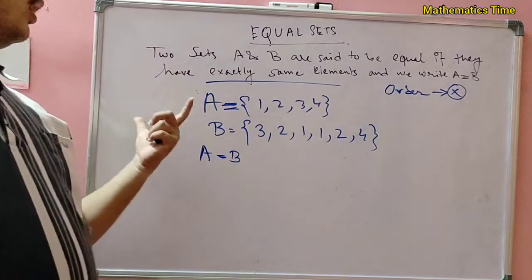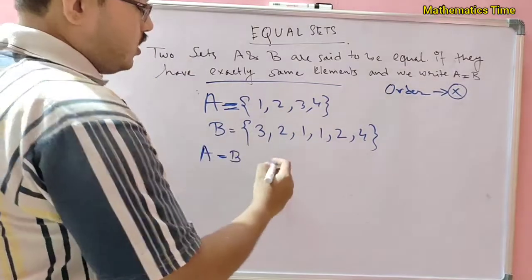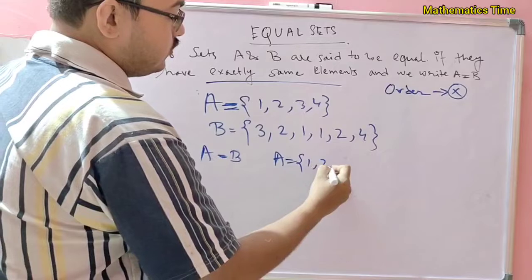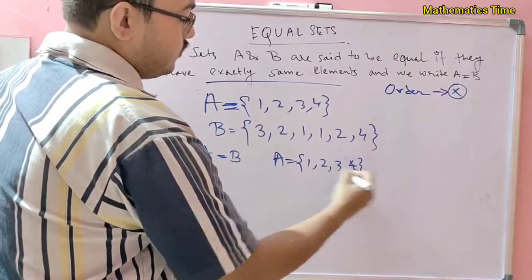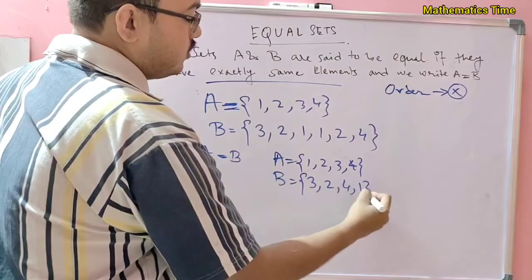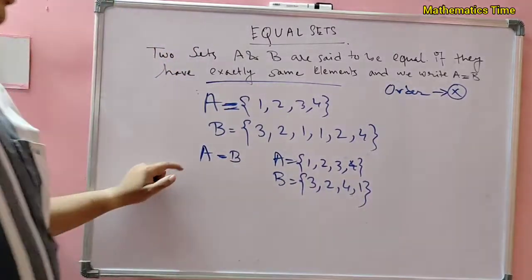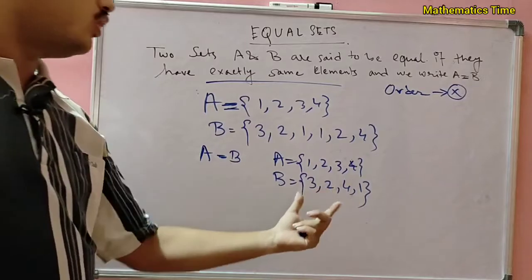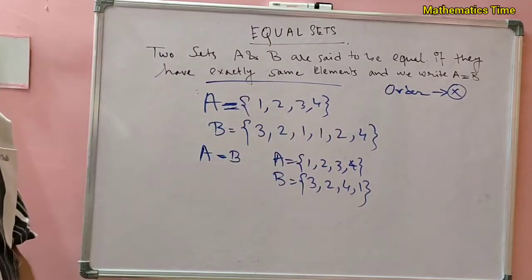Okay, so if A is {1, 2, 3, 4}, and if B is {3, 2, 4, 1}, then even then these sets will be equal, because order doesn't matter, repetition doesn't matter. Okay,